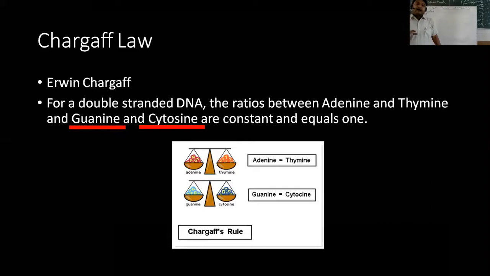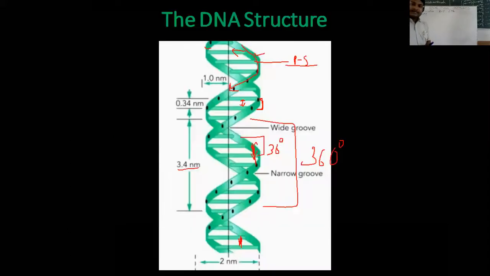We all know why that is important. We have learned that adenine always base pairs with T, with a double bond, and cytosine base pairs with G with a triple bond. So this is what gave rise, basically, the X-ray diffraction data and Chargaff's law allowed the two scientists Watson and Crick to give the DNA double helix structure.